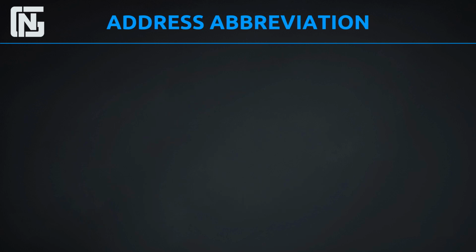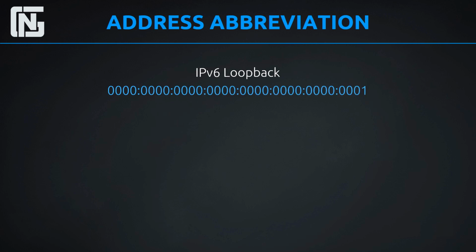So let's check that one out. That's going to be the loopback for IP version 6. The IP version 6 loopback looks like this: all zeros ending in a 1. So we can go ahead and use all those abbreviation rules that we just talked about on the loopback address